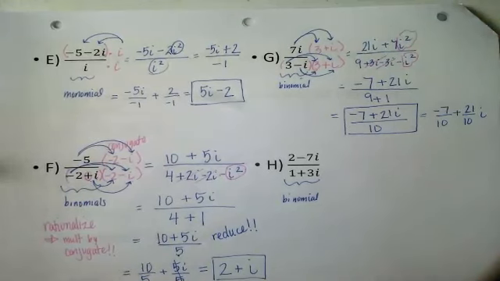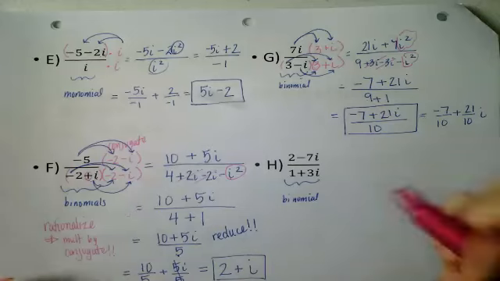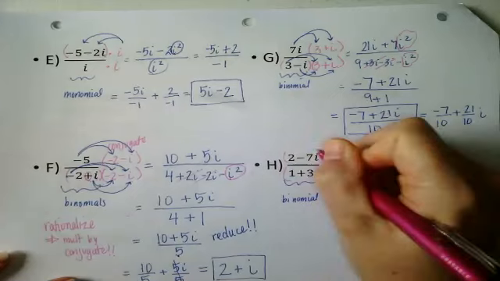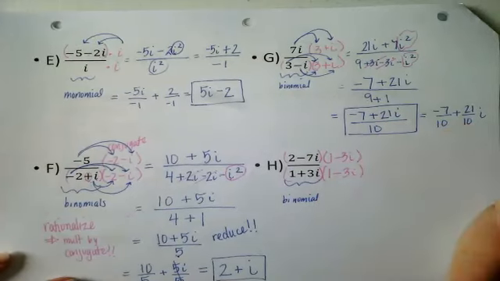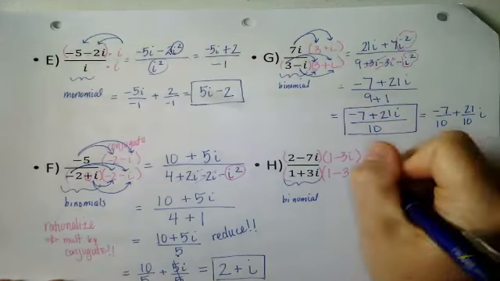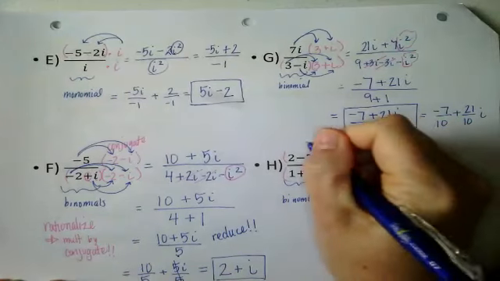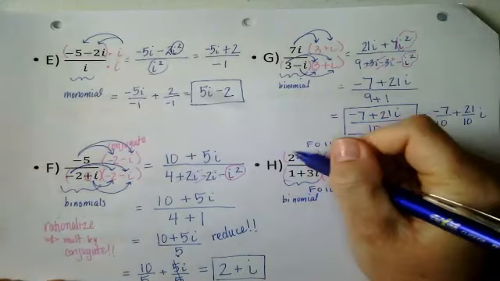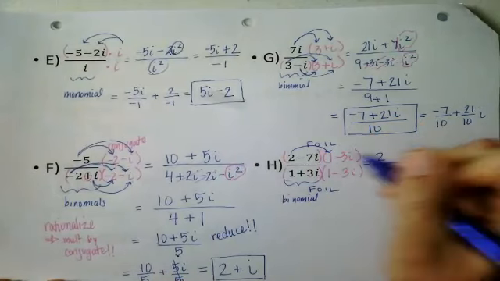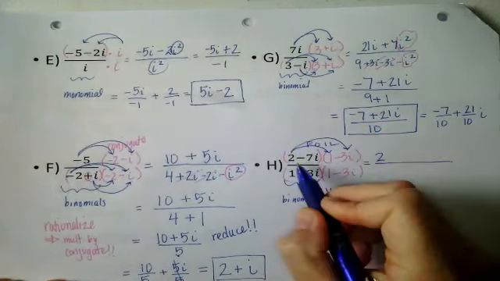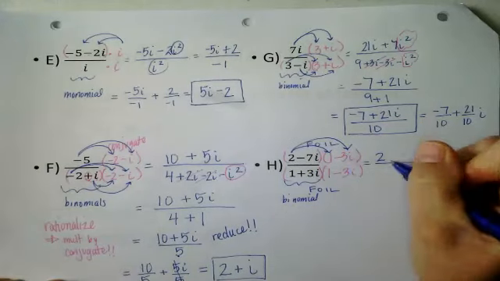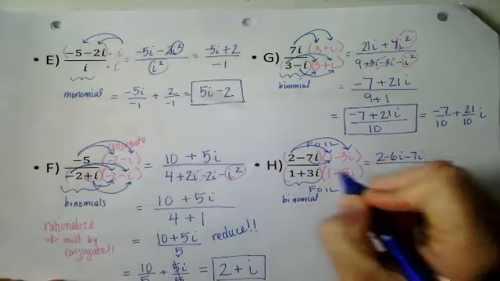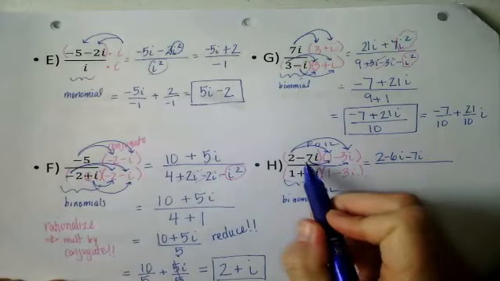All right, last but not least, this is definitely the most complicated one here. Again, because of the binomial, we have to multiply by the conjugate, 1 minus 3i on top and bottom. All right, lots of foiling here. We have to FOIL the numerator and we have to FOIL in the denominator. So lots of foiling. First times first, 2 times 1 is 2. Outside is 2 times -3i, which is -6i. Inside, -7i times 1 is -7i. And last times last is positive